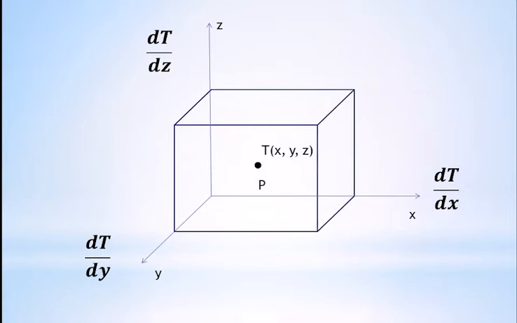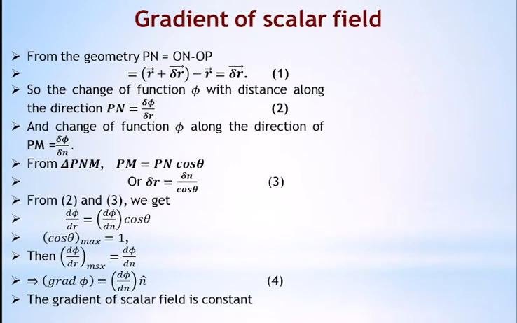And if we need to know the full temperature of that box, right? Here we think about only one particle. If we need to know about all particles, then we can add. We add all the directional components, then we call it the gradient, right? After that we will study the gradient of scalar field.